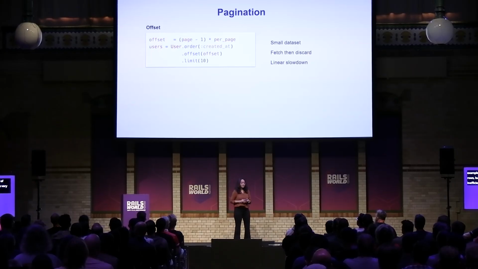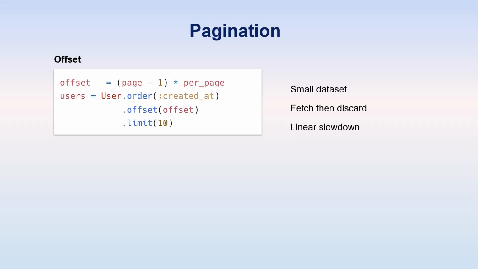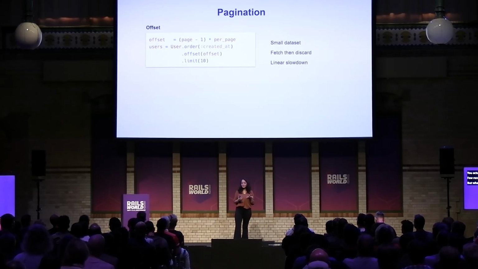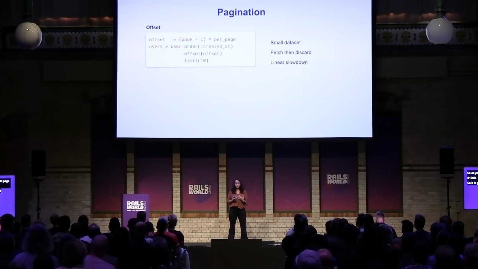We all use pagination, but how you do the pagination makes a difference in your performance. We use offset quite often, but it is really good only for small data sets. You actually see only a few records on your screen, but what exactly happens under the hood? It scans the entire data, discards it, and then gives you the required records. So as you go further, for example, page number 100, page number 1000, it is going to scan all of those records and then discard them, which makes it inefficient